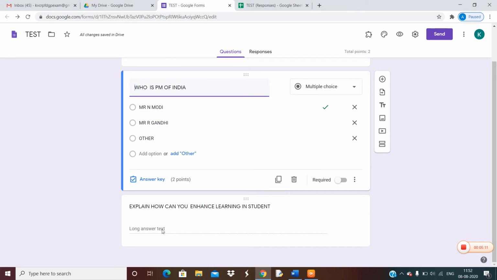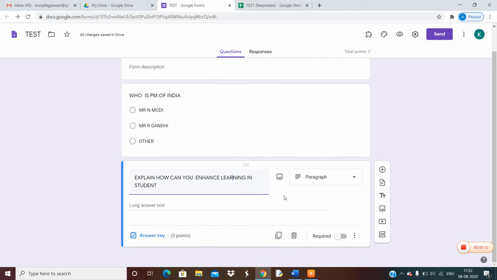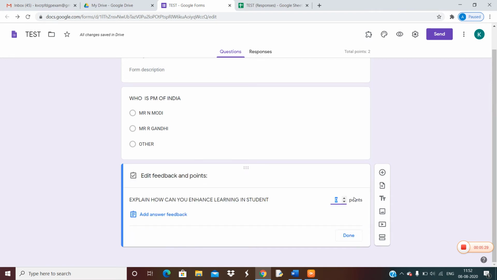Now again the second question. The second question is a long answer question. I have used the paragraph control here, so a student can enter multiple lines of text. So again you repeat the same process for each question. Again you click on the answer key, and suppose that I want to make this question for 4 marks.